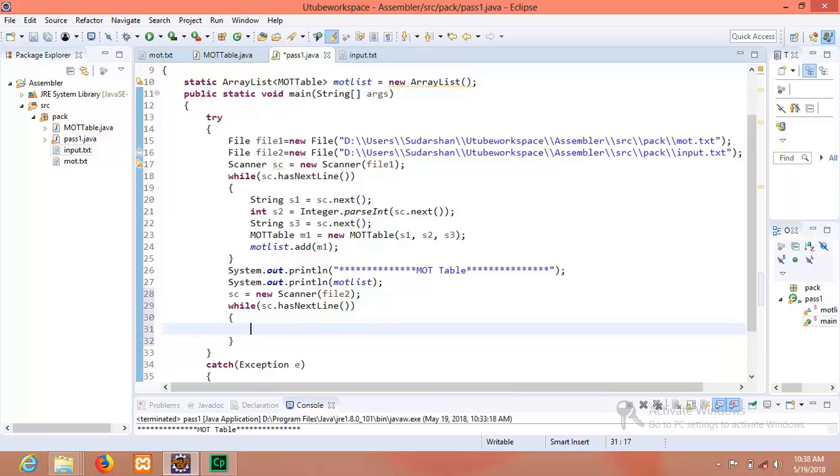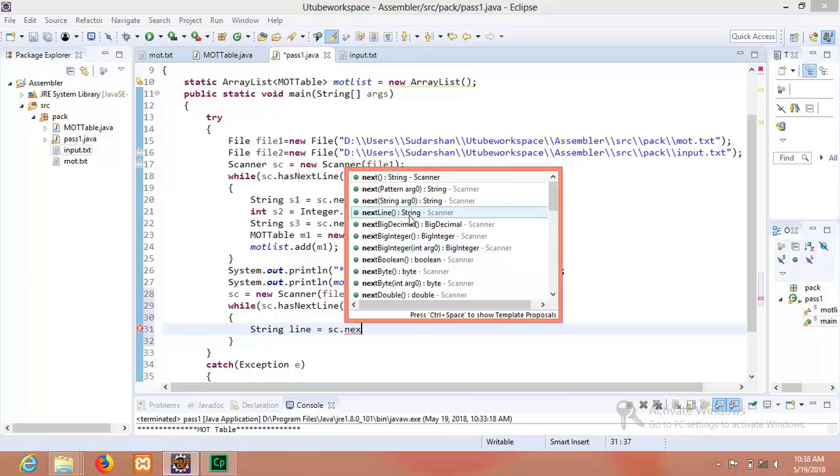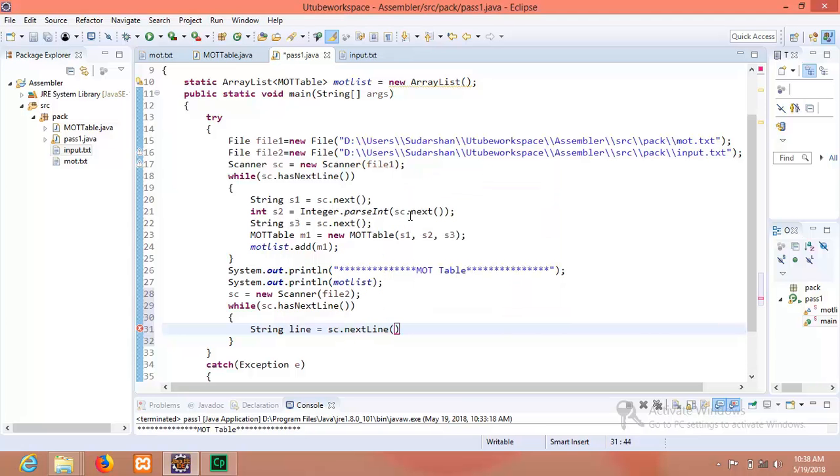Now after this, if it is having a line, what to do? Get the first line in some string variable. String, let's say line is equal to sc.nextLine();